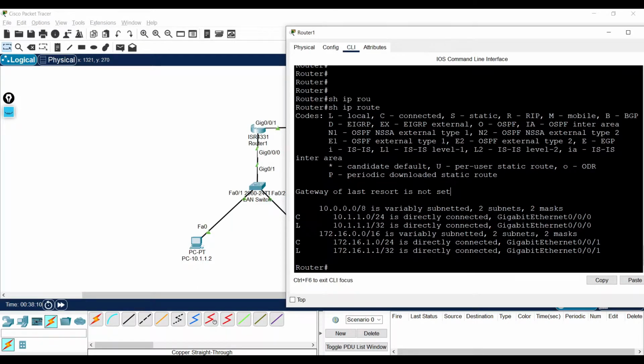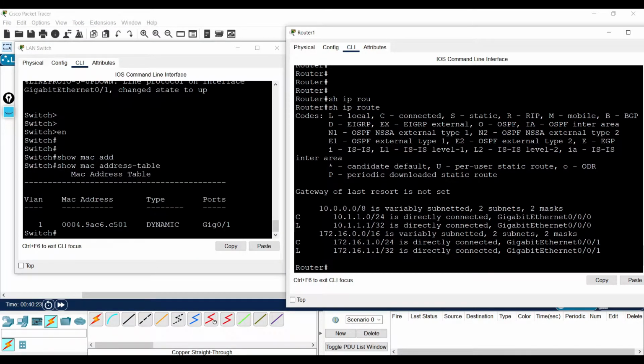Though both the router and layer 2 switches use the IP routing table and the MAC address table respectively to take the forwarding decision, the address being used in the two tables differs. The MAC address table uses the layer 2 hardware address to forward the frames. A layer 3 device such as a router uses the layer 3 logical IP address to forward the packet. These two addresses have some different properties.